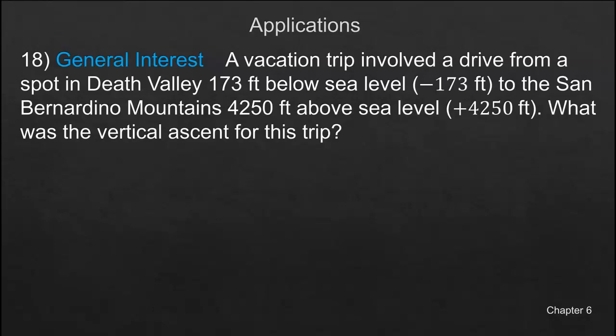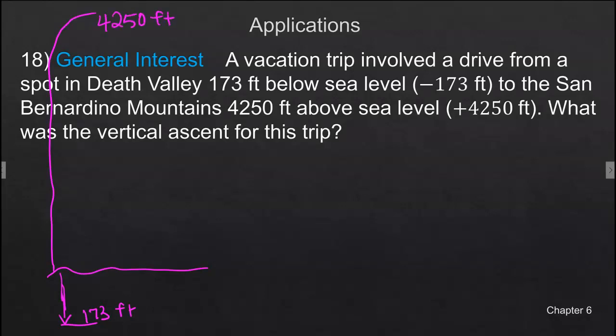A vacation trip involved a drive from a spot in Death Valley, 173 feet below sea level, to the San Bernardino Mountains, 4,250 feet above sea level. What was the vertical ascent for this trip? Now, I cannot draw a very good picture here, but let's say this is sea level, and we started out here at 173 feet below sea level. Maybe that should be down here, right? 173 feet. And then we're going to the top of this mountain that's way up here at